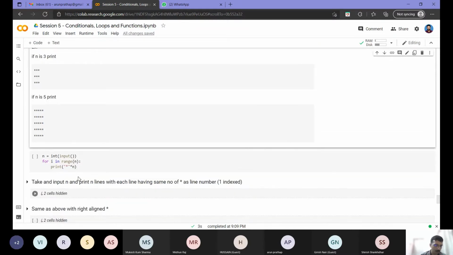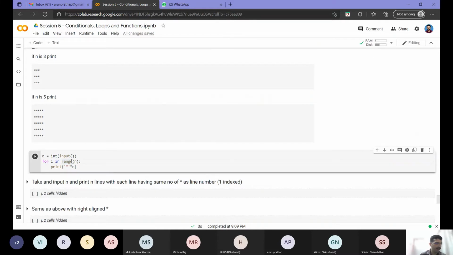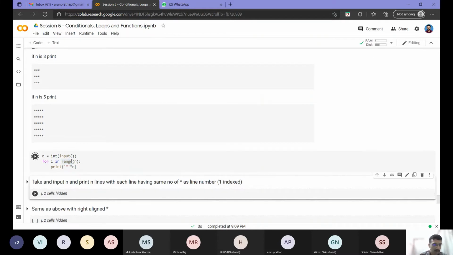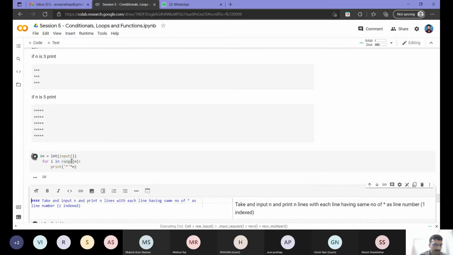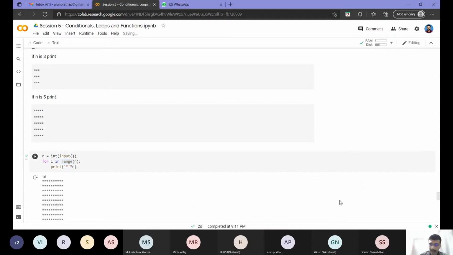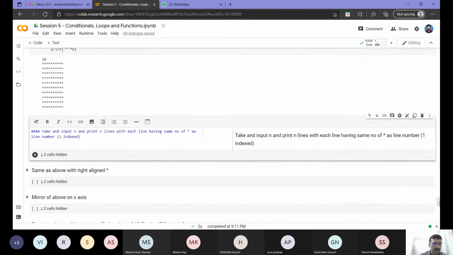So I need to use a for loop. If I give an input 5, I want to print 5 lines. Each line is having 5 stars. So this will be the basis of my further examples. I'll be implementing a for loop similar to what we saw earlier. And similar to the previous example, in each line I will be printing star into n. So the string is star, that I will be printing n times. I will be doing this from 0 to n minus 1, so I will get 10 lines. This code is clear, right? So this will ask me for an input. I enter 10, and this will give me 10 lines, each with 10 stars.